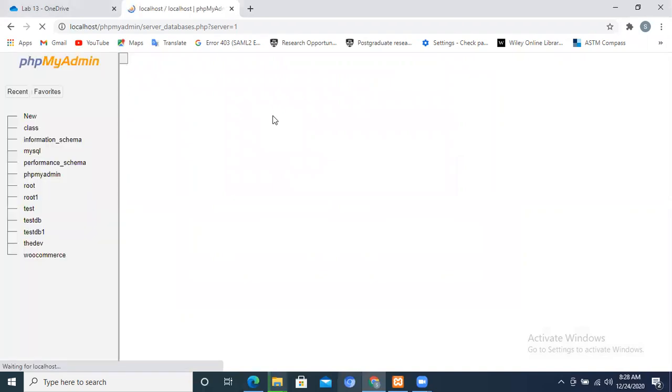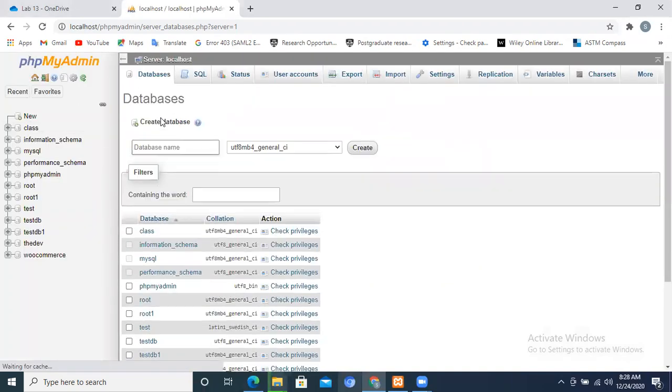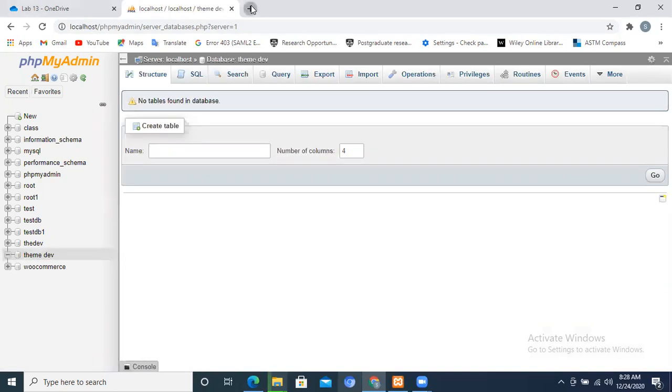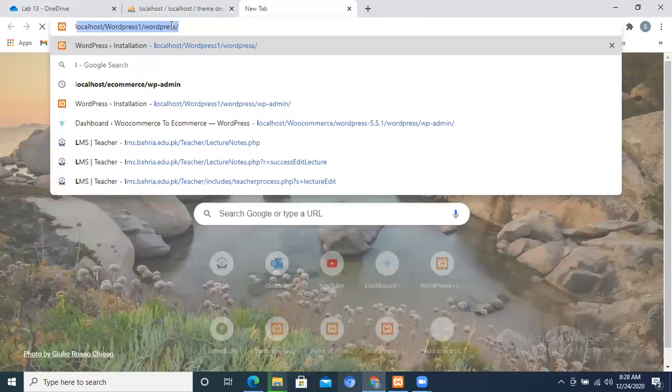Our database has been opened right now. We are going to create a database, name it theme div, and create it. Your database has been created, and now we are going to locate